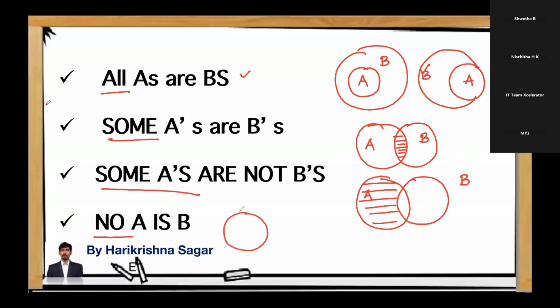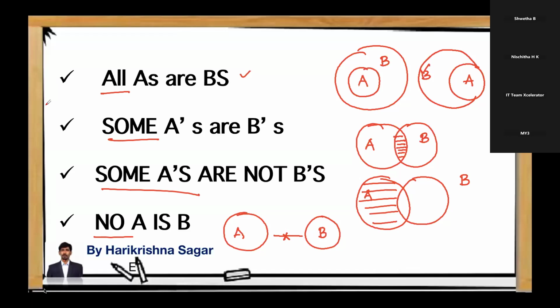No A is B is a statement. Let's take this is A and this is B. No A is B means there is no overlapping between A and B. These two are disjoint sets, and you can represent them in this way. These are the common words you are going to see while reading the questions. So this is the only skill which is required. Once you know this, solving the question is definitely not going to be a challenging part for us.